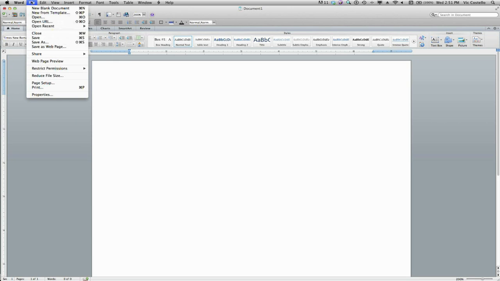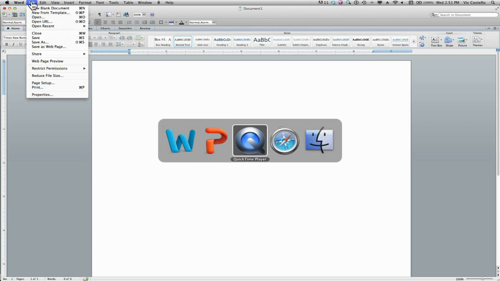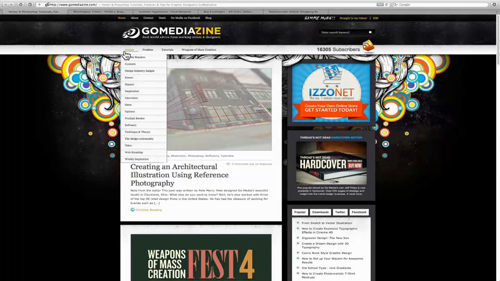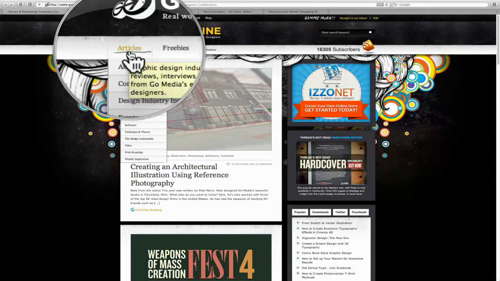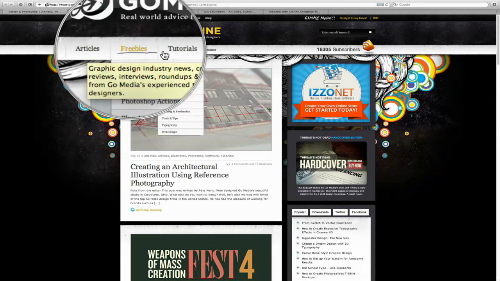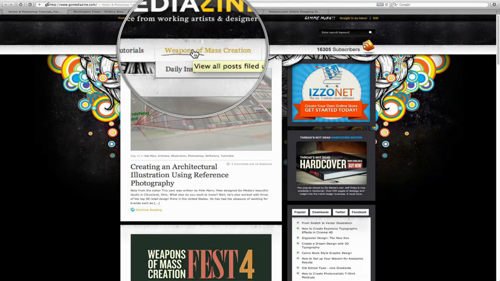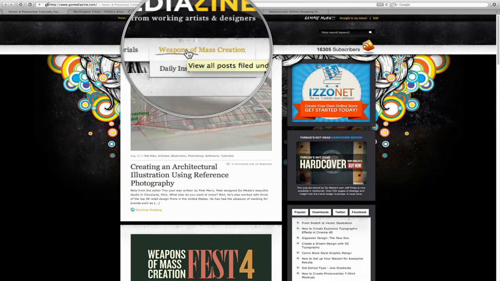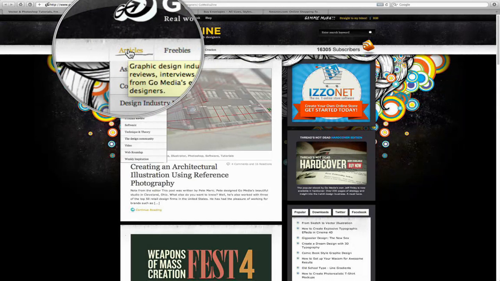Let me show you some other ones that are more the types of things that you'll see in an online experience. So for that, let me jump over to Safari. This is the main navigation bar, and I'll zoom in so you can see it better here. The main navigation headings are articles, freebies, tutorials, weapons of mass creation. And every time I select one of these, I get a nice rollover effect that changes the color of the